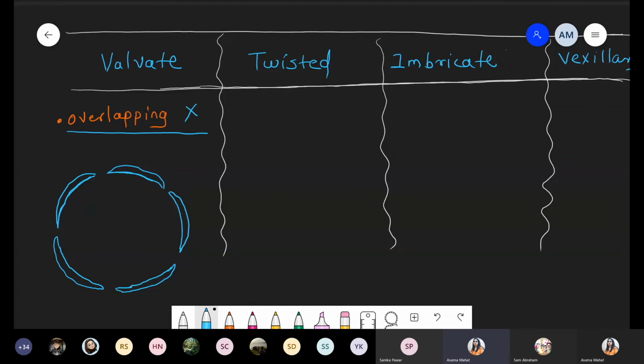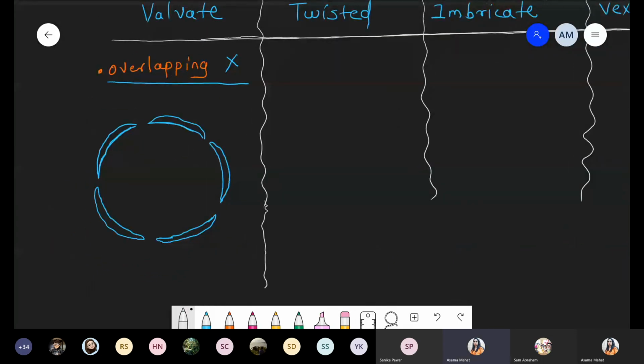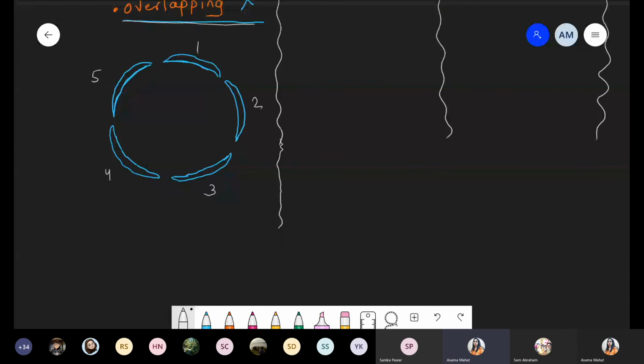Okay. So we are talking about the valvate distribution. Just check the image. Inside this image, now we have a total of 5 petals or sepals. You can imagine everything because estivation is the arrangement of sepal and petal. So we are not giving specific names. But in this condition, a total of 1, 2, 3, 4, 5 sepals or petals are present. But now there is a specific gap present. It is not showing fusion. No fusion. No overlapping. Right? Specific gap is present.